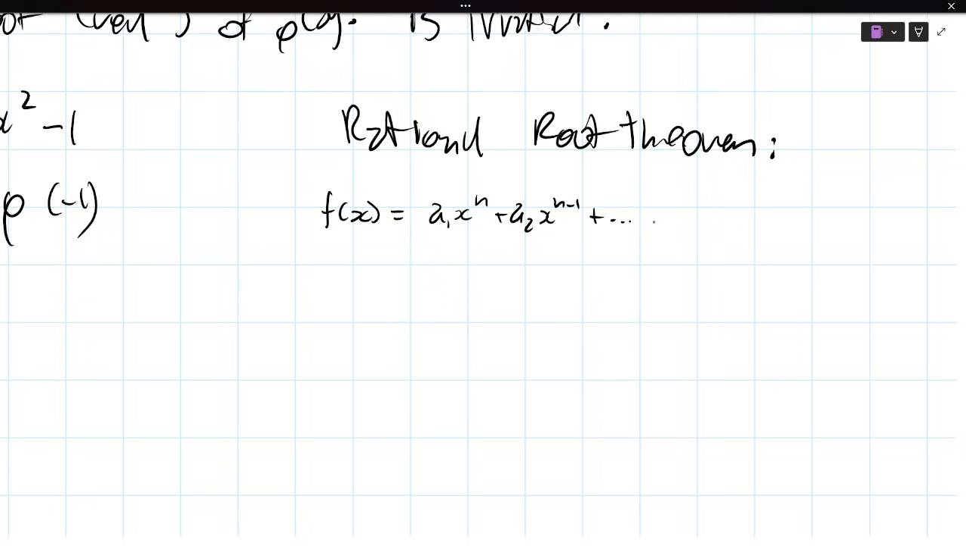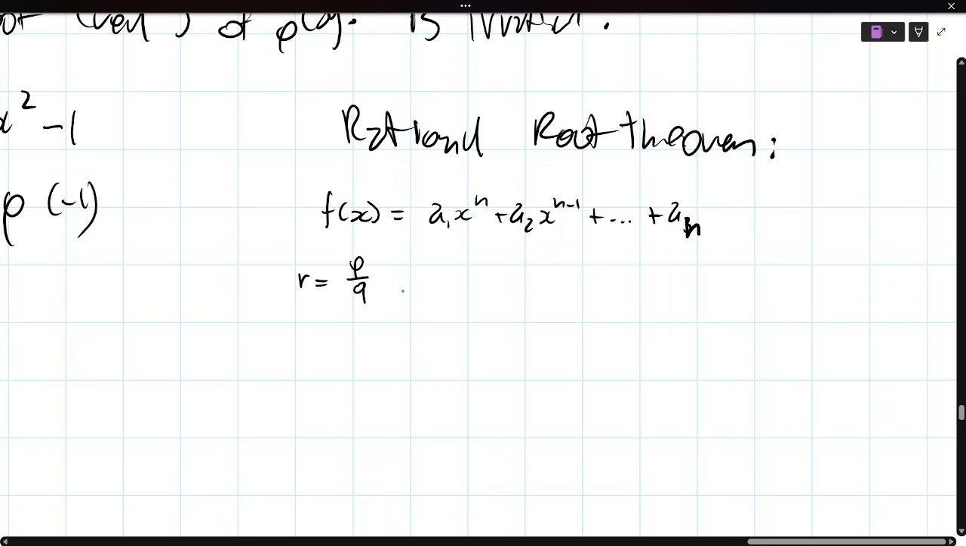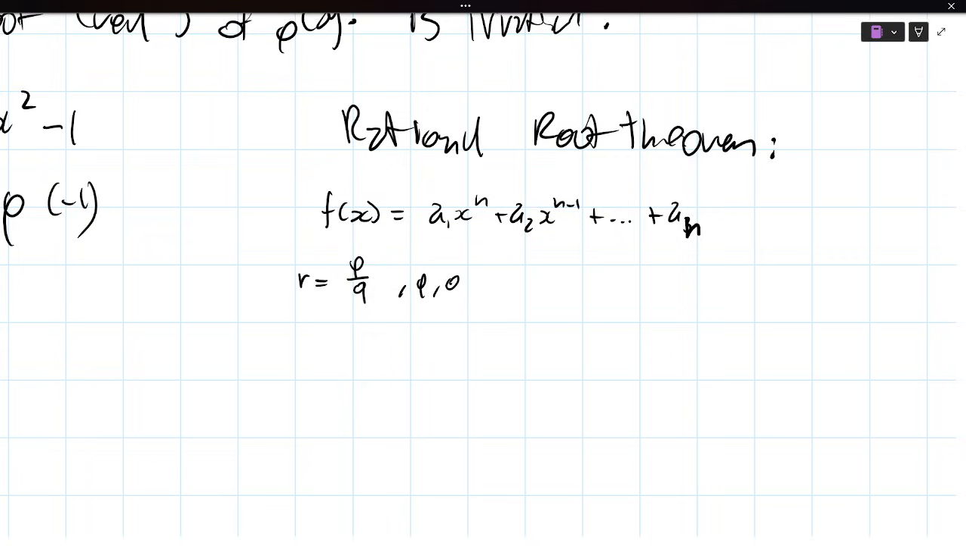This is an nth degree polynomial with constant term a(n). Now let's say that this polynomial has a rational root. By the way, rational means in this case, for instance, that if my root is r and it's a rational number, it can be written as p over q as a fraction, where p and q are part of the set of integers, so they're integers, and